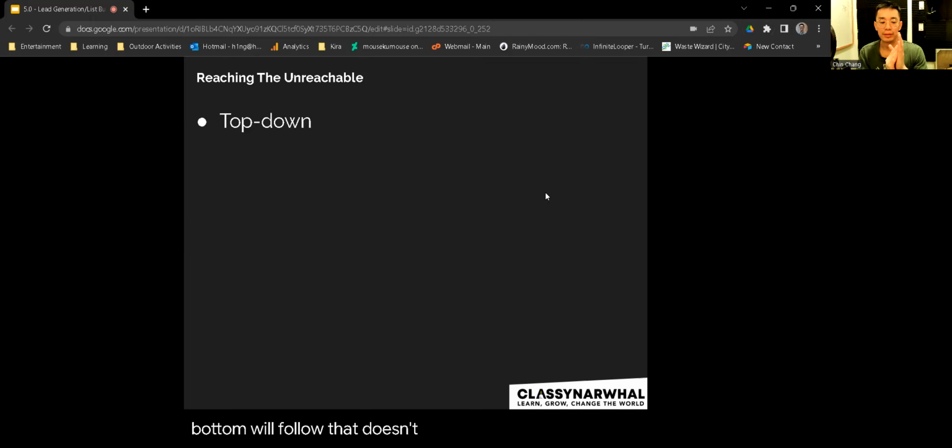That doesn't mean that this is a hard and fast rule. There may be other ways: if you get a bunch of users at the bottom interested, then once they're already in and hooked onto it, it might be easier for you to convert middle decision makers or even executive level as well.